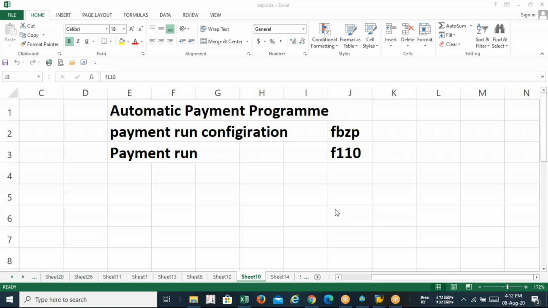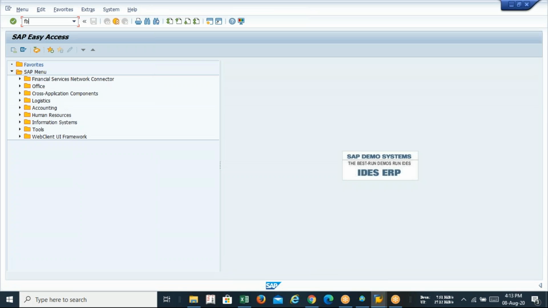So two submodules we are doing parallelly, bank and accounts payable, and the remaining part will be GL, the rest of the GL, like document reversal, recurring entry, something like that. And the very vital configuration part will be pending, my favorite module in SAP, that is asset accounting. After finishing it, we'll decide whether we'll start asset accounting or accounts receivable. But let's finish the automatic payment run. So these two codes we are going to use right now, FBZP and F110. So remember this. Now let's start with FBZP.